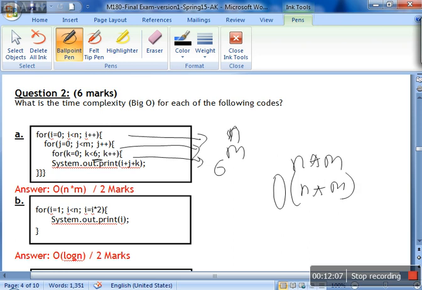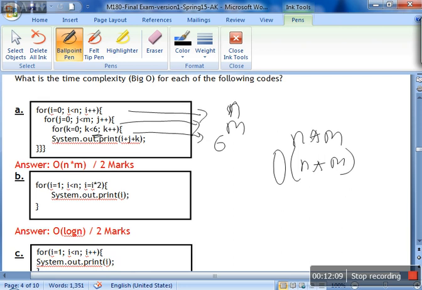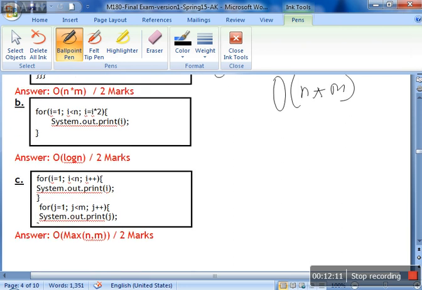Clear? The second part, B, is for I equal to 1, I less than n, I equal to I into 2. Now what is the time complexity? See, it is big O of log n because the incremental value here is multiplied every time. For example, from 1 it will move to 2, from 2 to 4, 4 to 8, so it is not an increment of 1 or 2, it is an increment